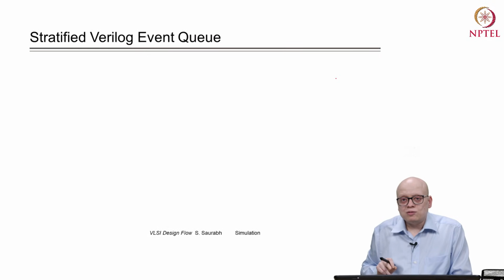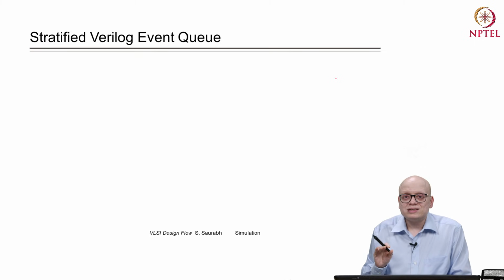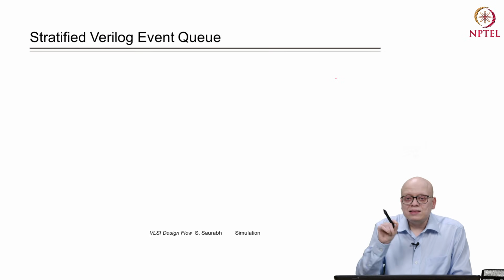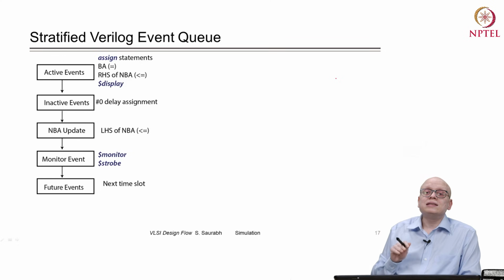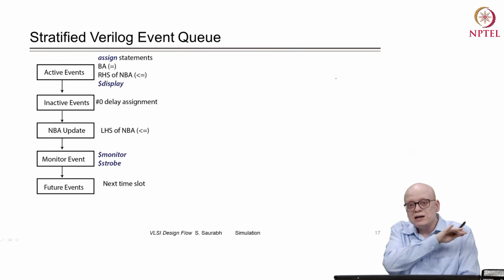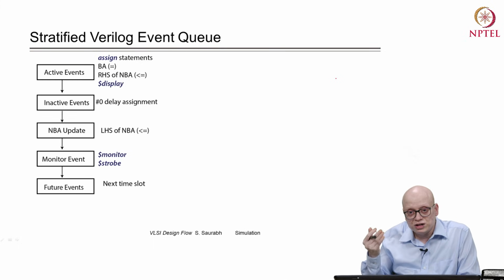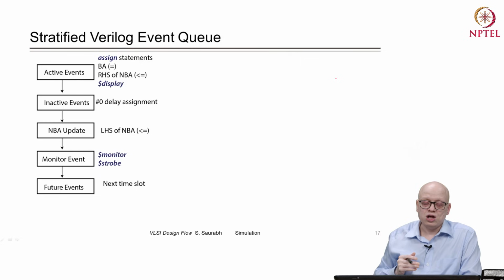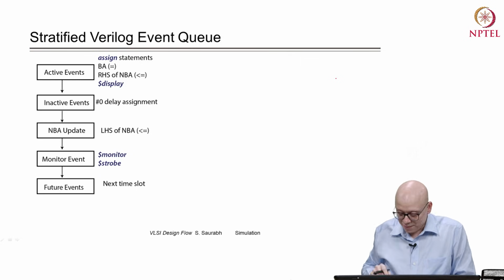Now, what we have discussed in the previous slide was how the processing of events will be done when they are in different time slots. Now, if the events are in the same time slot, say at t is equal to 1, there are multiple events. Out of those events, which one will be processed first, which one will be processed next, and so on. Those kinds of things are defined by the language using what is known as the stratified Verilog event